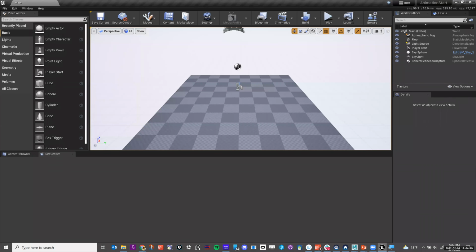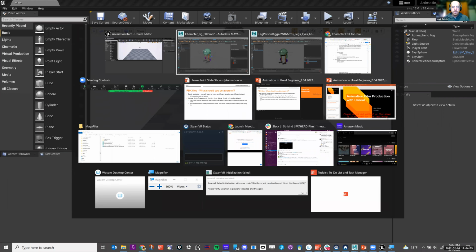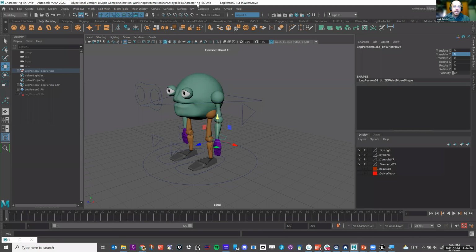Would you need to create a namespace in your rig and name that so that it gets matched up in Unreal? Right, that's what this character rig export file that I made is for. It's like an animation file, but I'll make a character file that will pull in all of the characters. If I had 100 characters that I'm going to be using for my animation, I would have them all in here, all at 0, just hanging out.